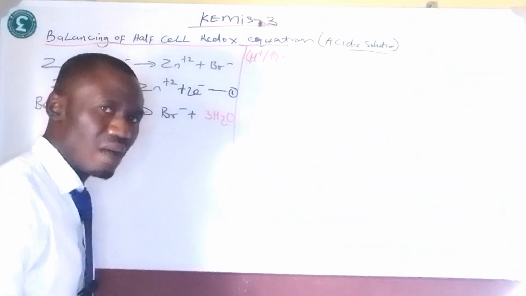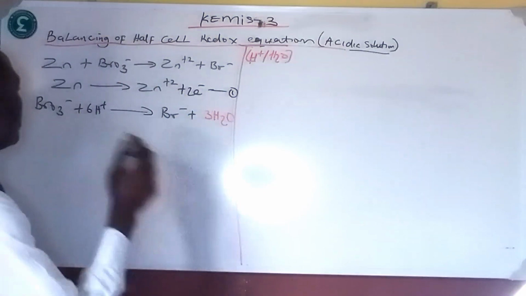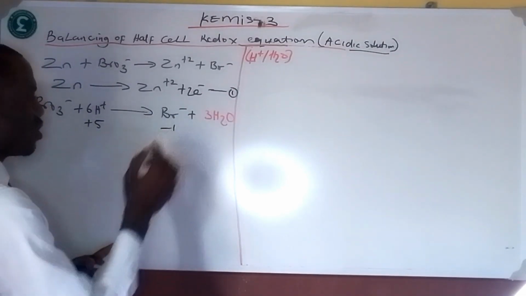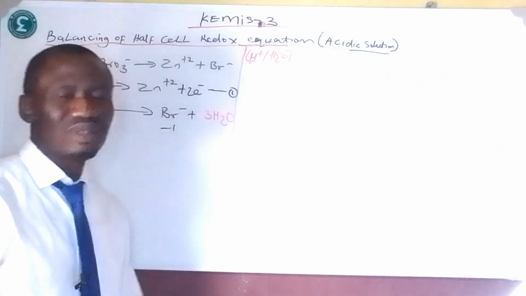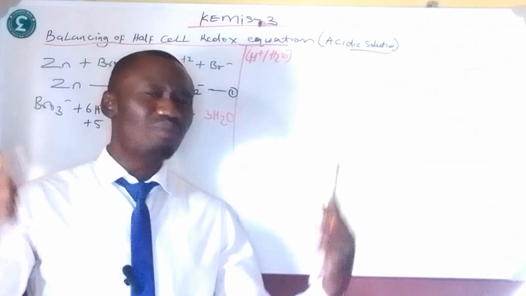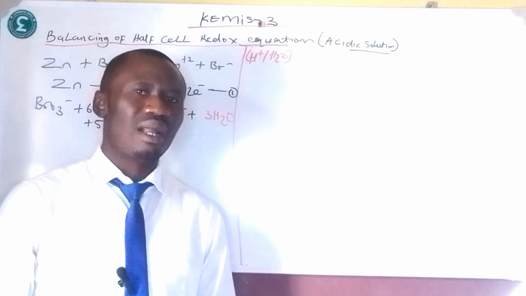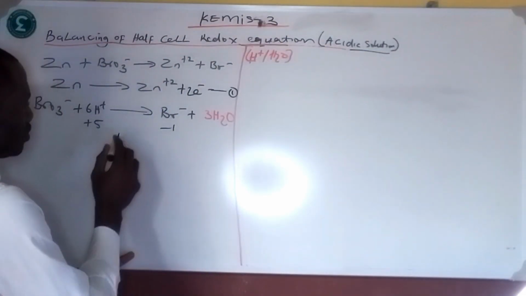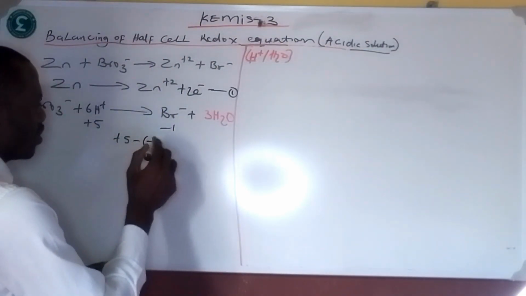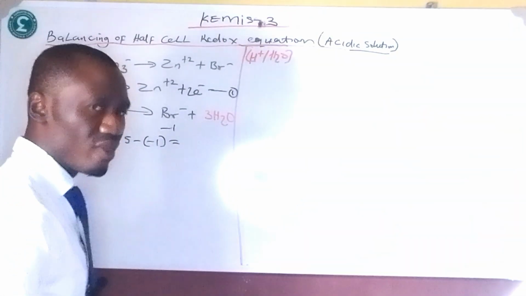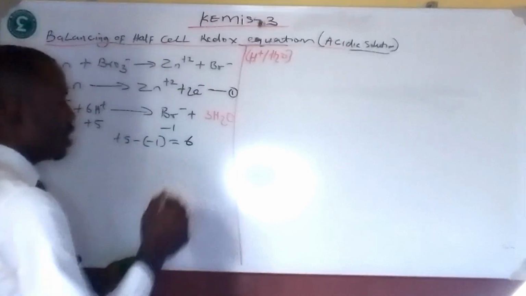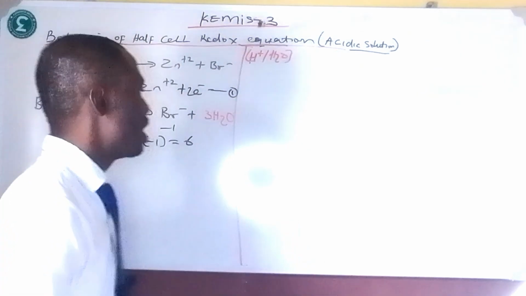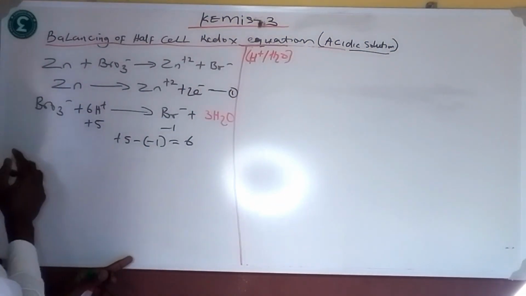The elements are balanced, but are the ions balanced? We have -1 + 6, this is a +5. Over there, we have -1. So you notice that the charge is not balanced, and the second step says make sure that the charge and the elements are balanced. What's the difference between +5 and -1? If you press your calculator, that will give me 6. So we are going to add 6 electrons to the side that has the highest charge. The side that has the highest charge is +5, so I'm adding 6 electrons